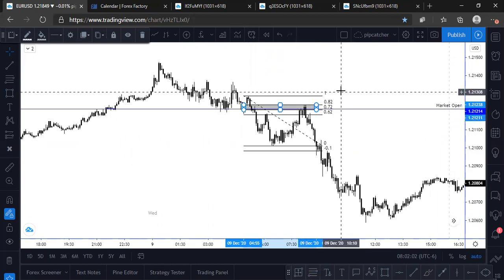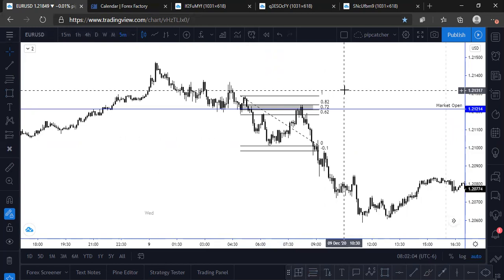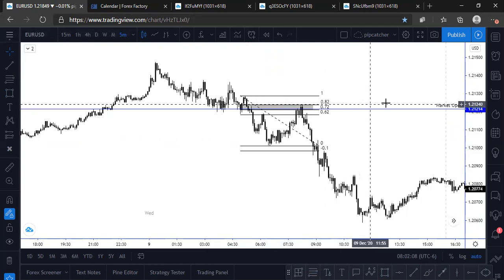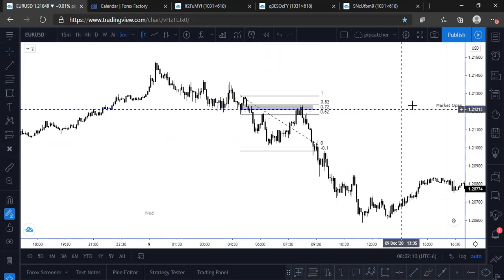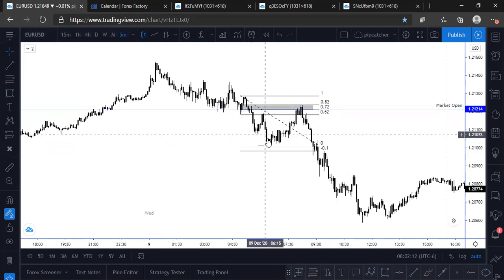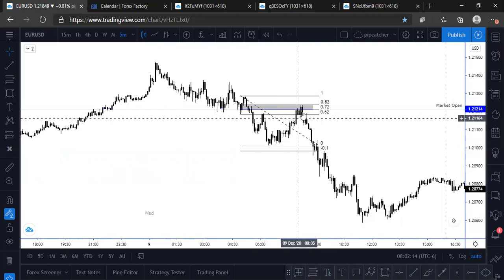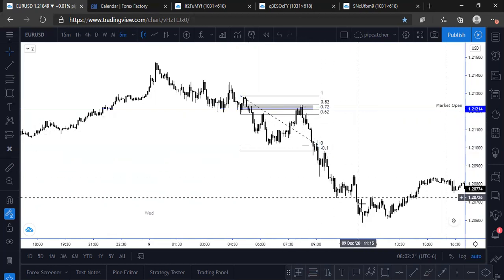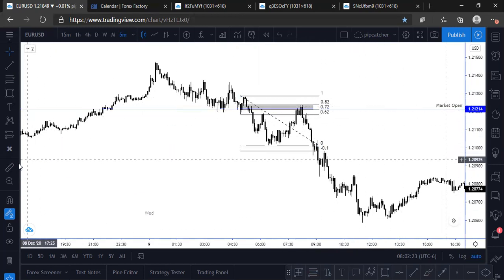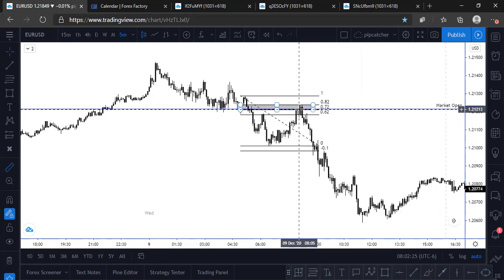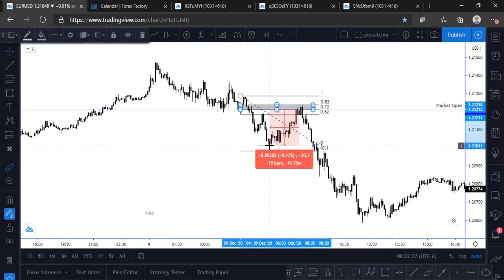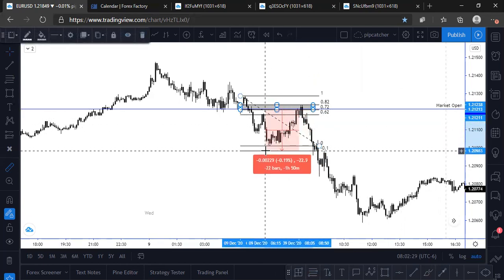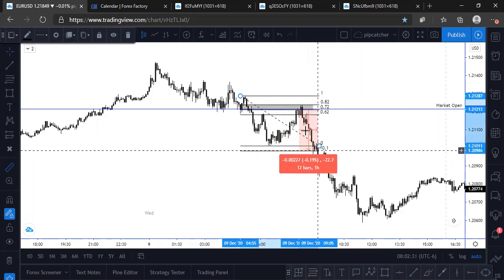And also, if you take another look at this, we had just now traded back under that market open. And look at what reaction we got off of that market open. A crazy, crazy reaction off that market open, right? So initially, first take profit right here at, excuse me, at 22 pips. If you were trading,